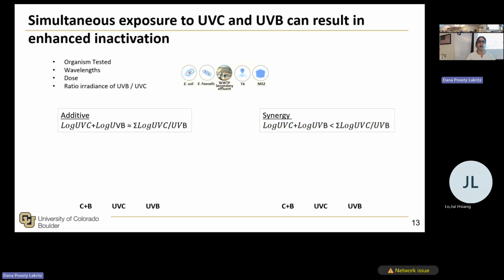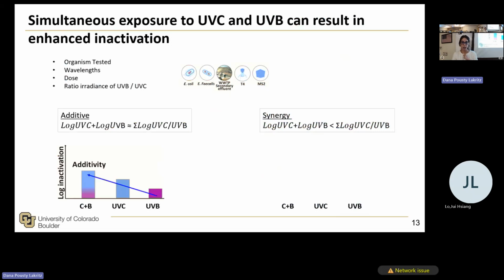So we were thinking, what will happen if we take a wavelength from the UVC range and a wavelength from the UVB range and combine both of them? What will we see if we combine the two different damage mechanisms? Because now most of the water utilities' UV systems use only the UVC range. Just to remind, only the direct damage to the DNA. What will happen if we combine both mechanisms? So it can cause an additive